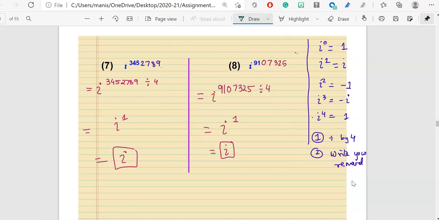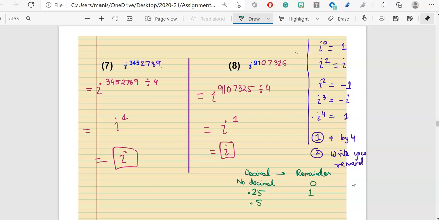Shortcuts are these. Whenever your decimal is 0.25, you can write it as a note with the remainder. When there is no decimal, meaning it is a whole number, then your remainder is 0. When there is 0.25, your remainder is 1.